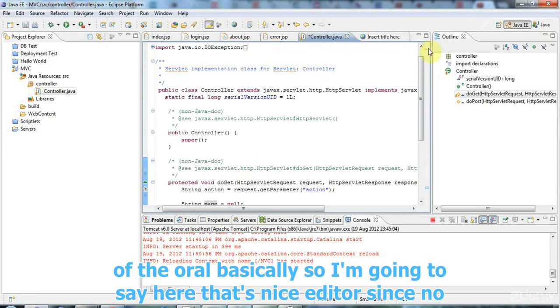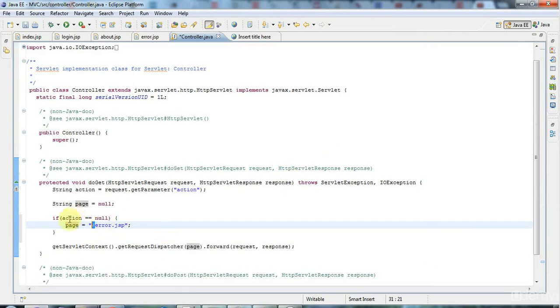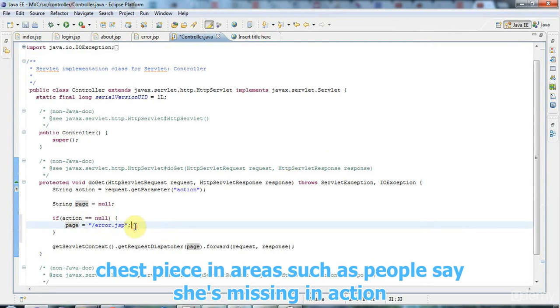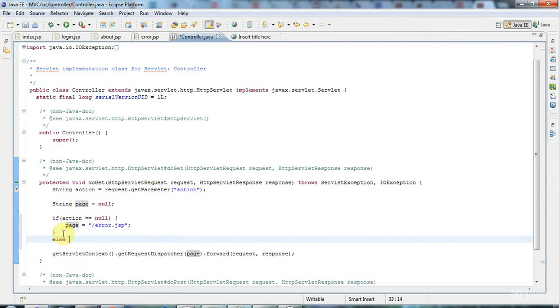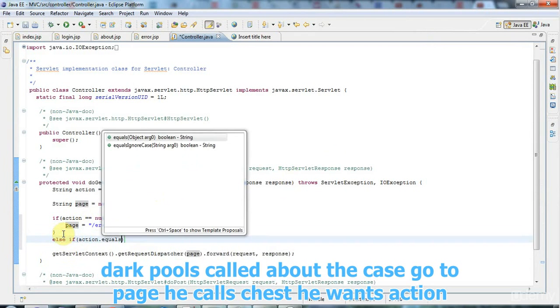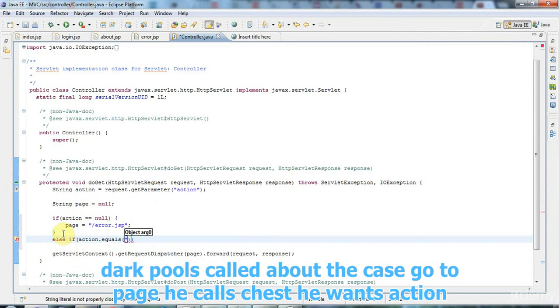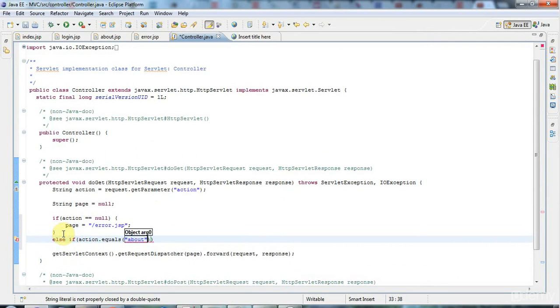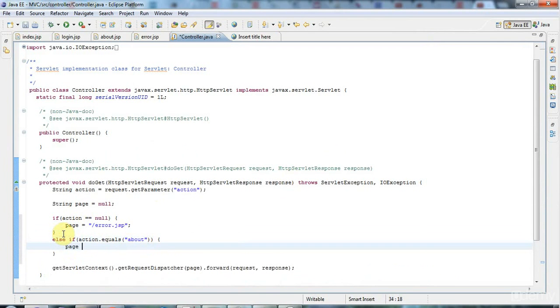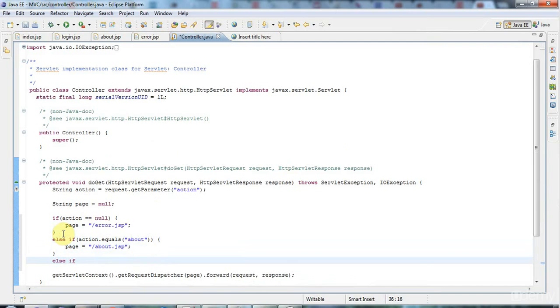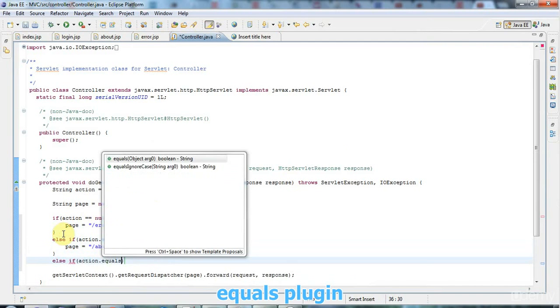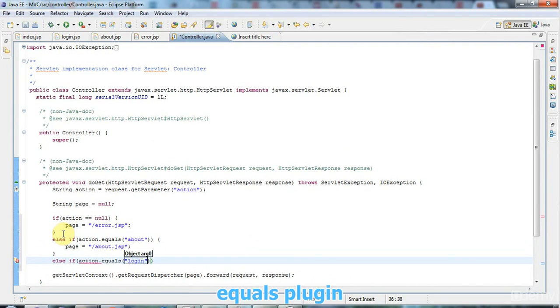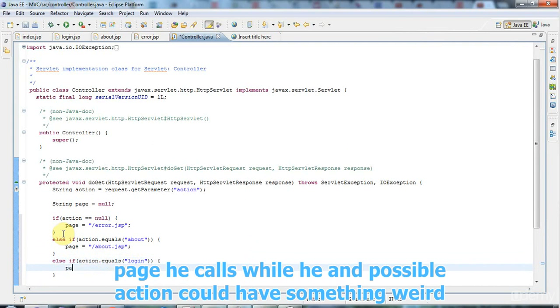So I'm going to say here, let's just maximize the editor, if the action's null, go to error.jsp, and error.jsp will say the action parameter is missing. And then let's say else if action.equals, and I had one called about, so in that case I can go to page equals about.jsp, and there was also one called login, so I'll say else if action.equals login, then page equals